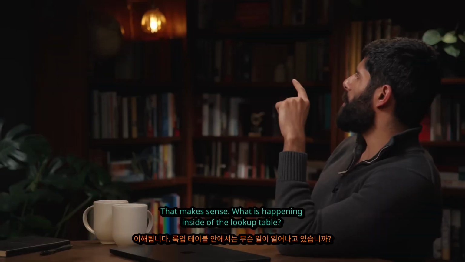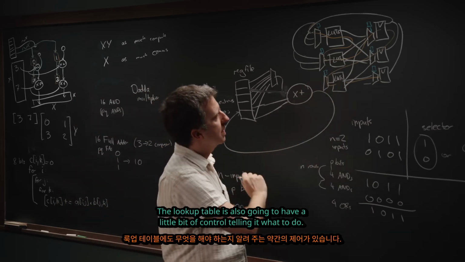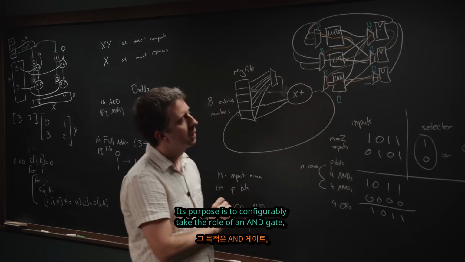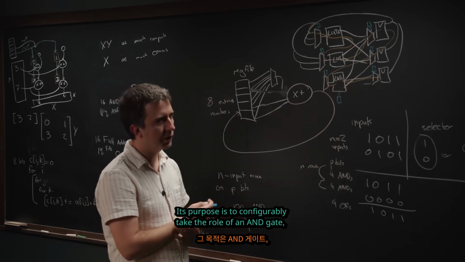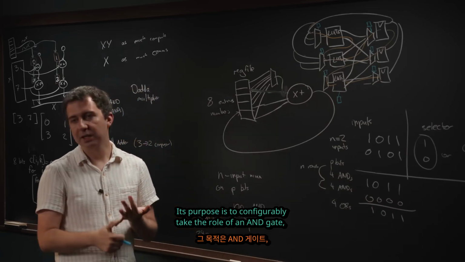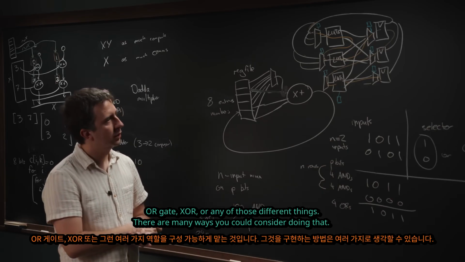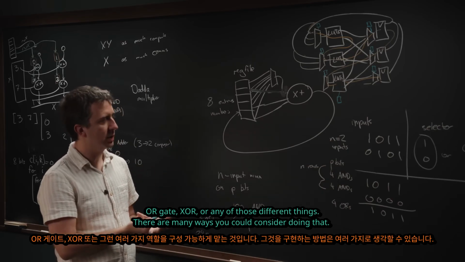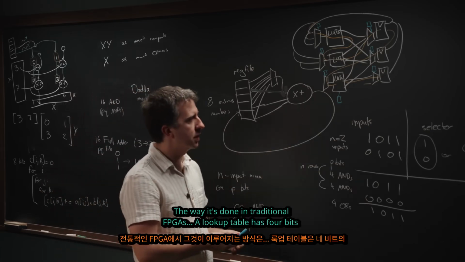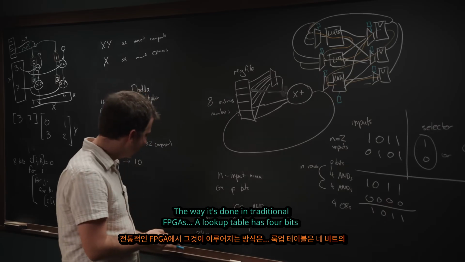So that makes sense. What is happening inside of the lookup table? Yeah. So the lookup table is also going to have a little bit of control telling it what to do as well. The purpose of the lookup table is to be able to configurably take the role of an AND gate, OR gate, XOR, any of those different things. There are many ways you could consider doing that. The way it is done in traditional FPGAs is to say it will support